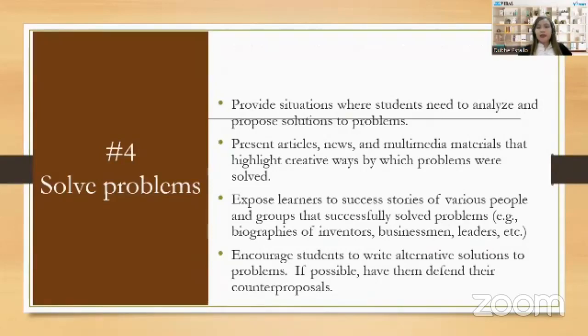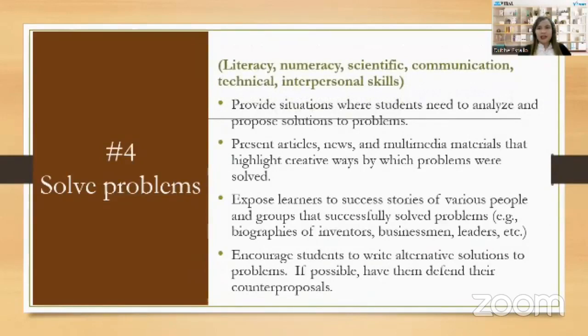And if possible, if you have the chance to do so, both written or in oral means, we should also let them defend their counter proposals or simply ask them, what is your solution to this problem and why? A simple question such as, what is the solution or how will you solve this and why do you think this would work, will allow them and encourage them to become better problem solvers. If we do this, we are giving our students the chance to enhance their literacy, numeracy, scientific, communication, technical, and